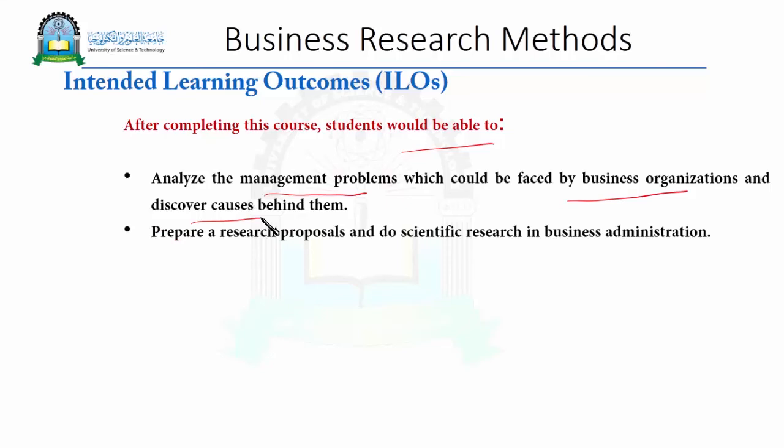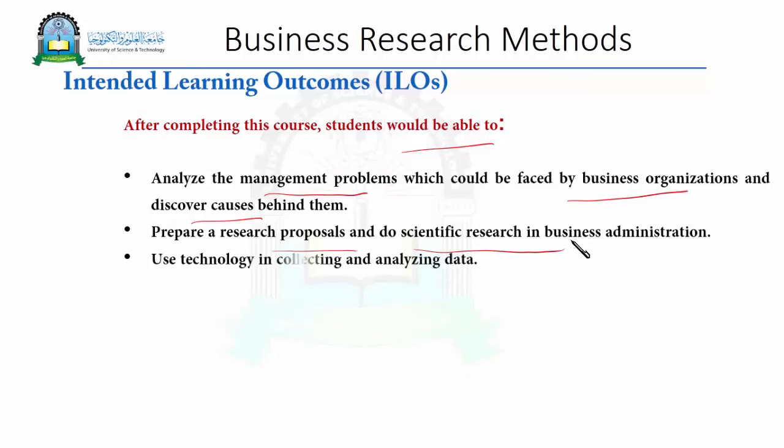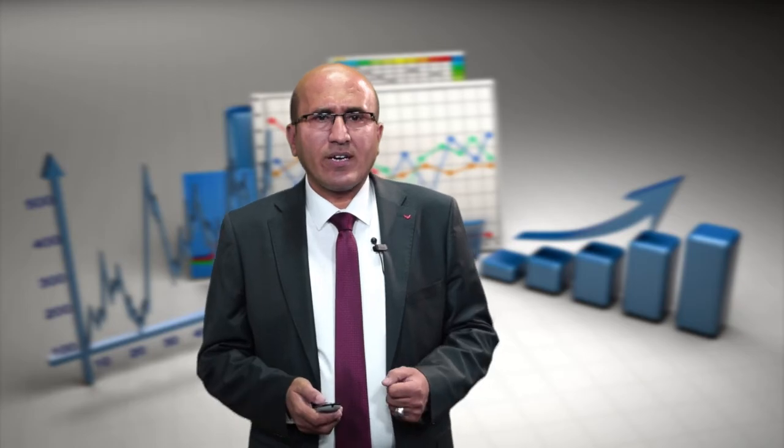The second ILO is that the students will be able to prepare a research proposal and do scientific research in business administration. The research proposal is very important as a roadmap for the research, and all these students need to learn about this. The third ILO is that the students would be able to use technology in collecting and analyzing data, and this is very important, by using statistical programs like SPSS, AMOS, and SAS. All these programs help in analyzing the data, and in terms of collecting the data, they might use